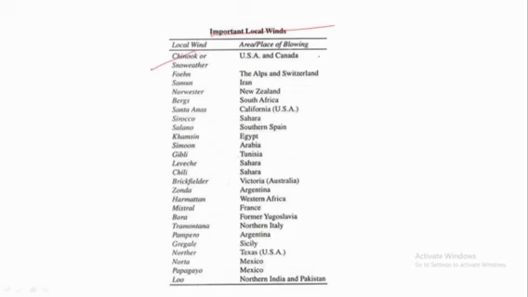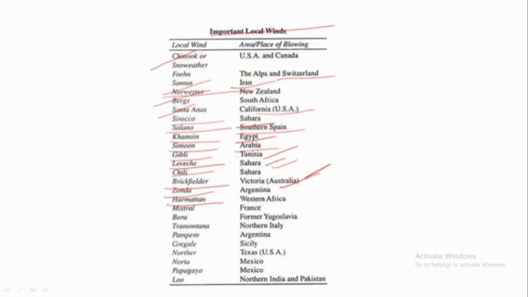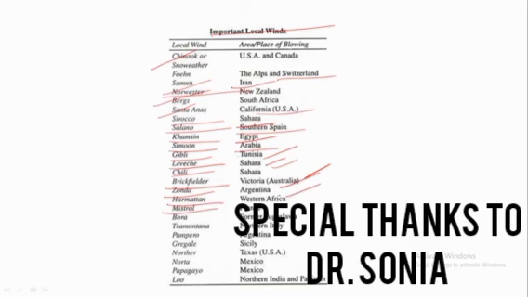We have Chinook in USA. We have Foehn in the Alps, Switzerland. Then we have Samoon in Iran, Nor'wester in New Zealand, Berg in South Africa, Santa Ana in California, Sirocco in Sahara, Solano in southern Spain, Khamsin in Egypt, Simoom in Arabia, Ghibli in Tunisia, Levanter in Sahara, Khamsin in Sahara, Brickfielder in Victoria, Australia, Zonda in Argentina, Harmattan in Western Africa, Mistral in France,